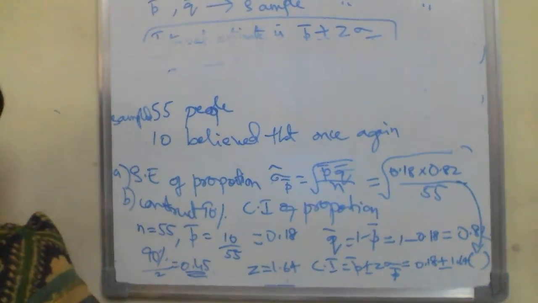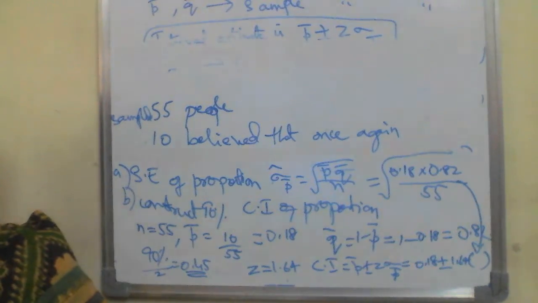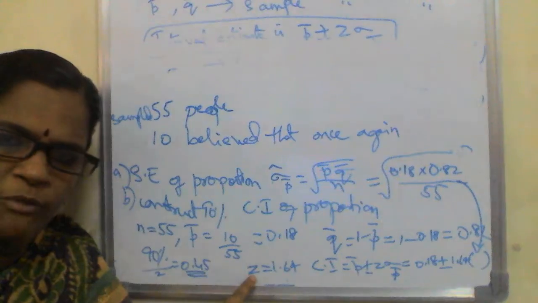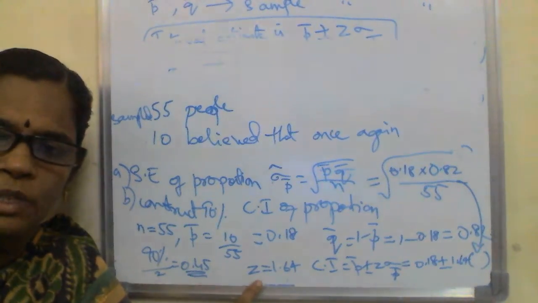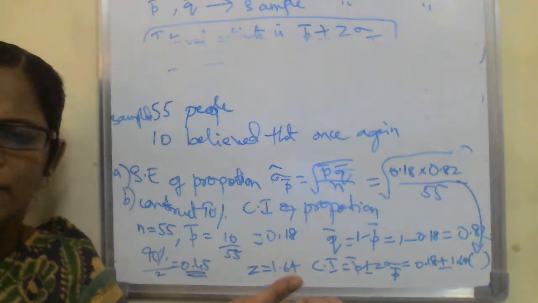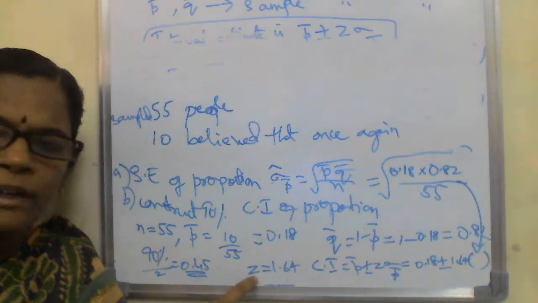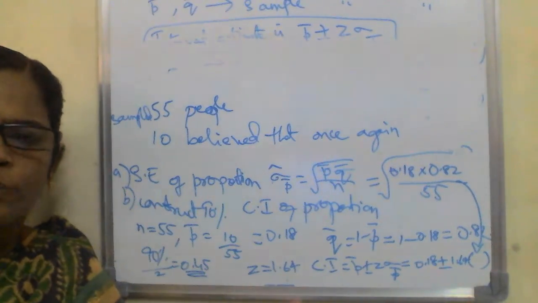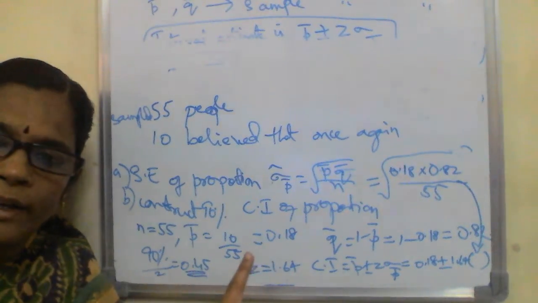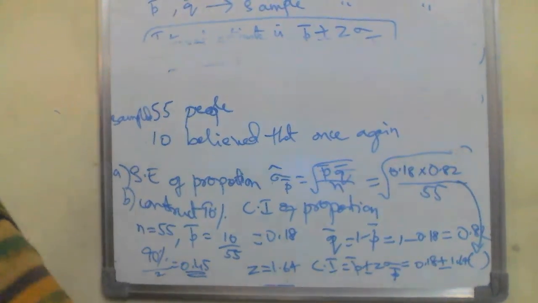In the next class I will talk about the t distribution. The t distribution is as important as the normal distribution. The same way you use z, you use the t distribution, that is, t for small samples. But the formula, everything will be similar to some extent. The only thing is how you find this t. You find t for small samples, when your sample size is less than 30, and you use the t distribution. So that I will tell you tomorrow.